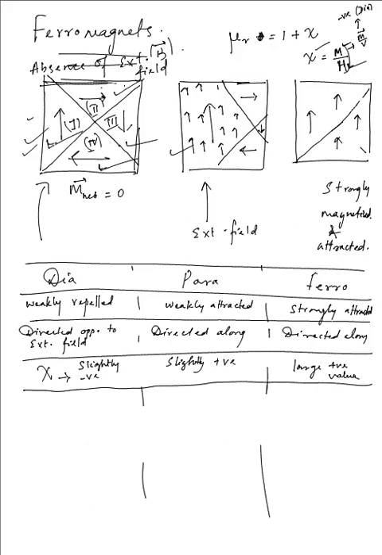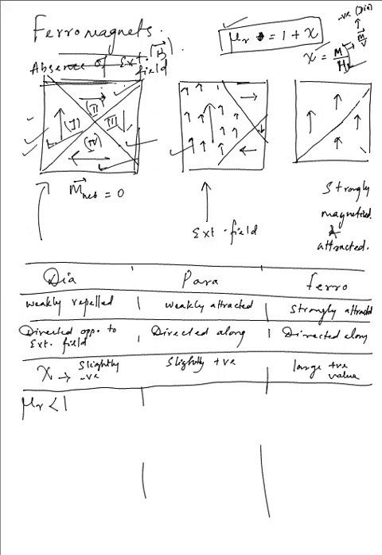Highly susceptible. And because we have this relation in case of the relative permeability of the given substance, because of this kind of value of susceptibility, the relative permeability is obviously going to be less than 1. Mu r will be less than 1, though it won't be negative, because there is a 1 over there, and because chi is slightly negative in case of dia, so obviously 1 minus something very small